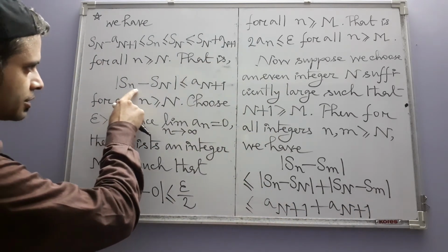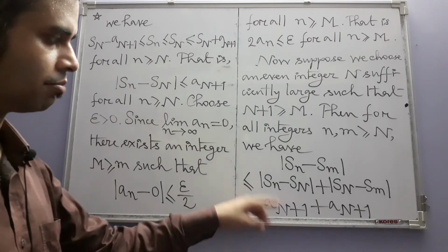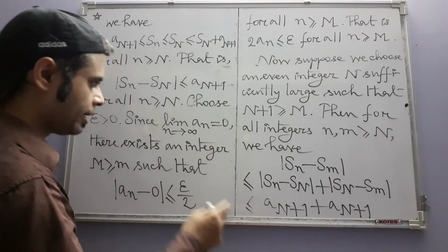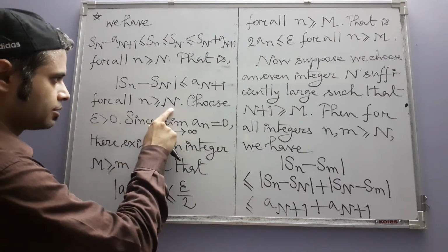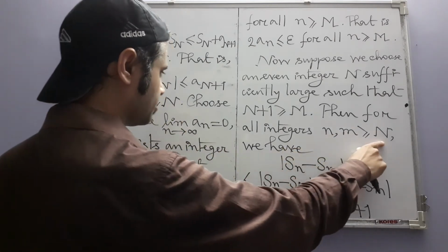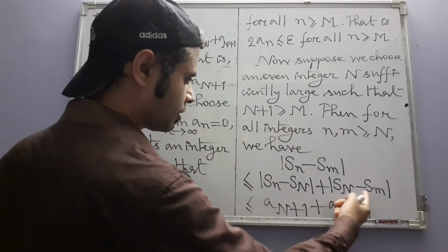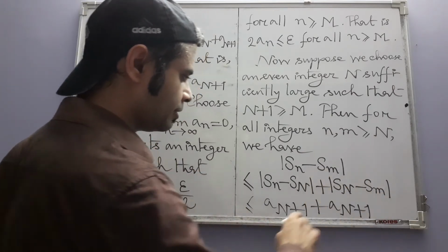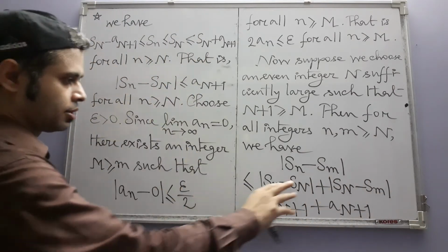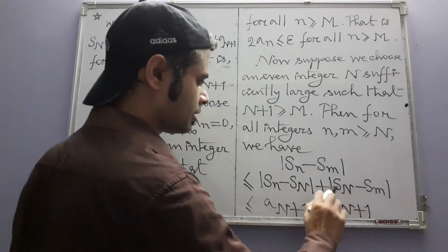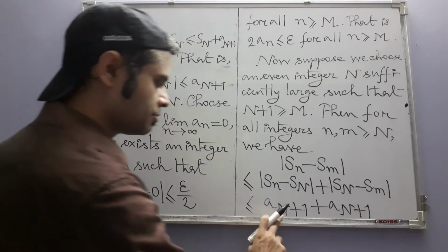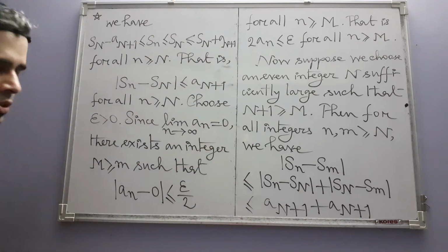That means we have just simply used these inequalities here in both the cases. That is, you can do that provided this suffix n is greater than or equal to N. It is, and the same is true for m also. m is also greater than or equal to N, and because we are dealing with absolute values, the order does not matter. In fact, this is the same as the absolute value of S_m minus S_N. So that means we can write like this, which becomes then